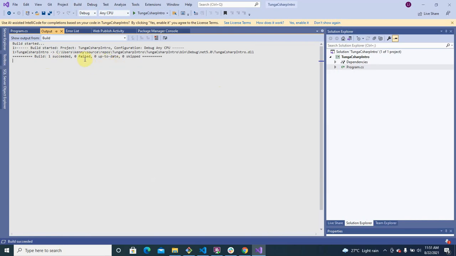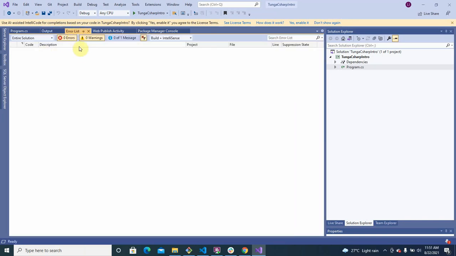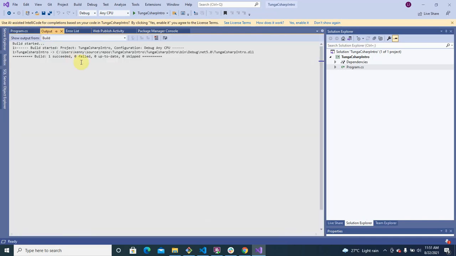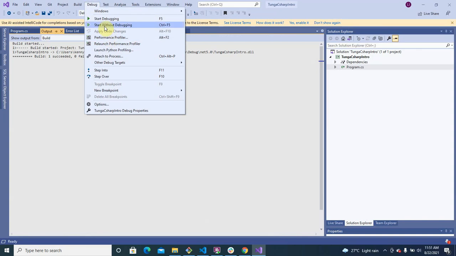At this point, if you build and you have an error, you're going to have to read through the error. You can see the error list here. It shows you what the errors are. But you don't have an error, so you can see the outputs. Everything works pretty fine. Now, if I go to Debug and say Start Without Debugging,